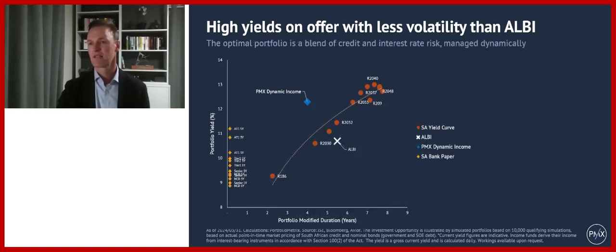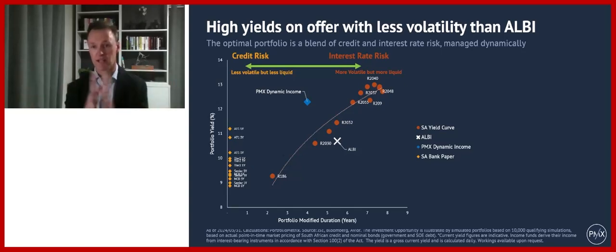And really the thing to understand here, and this is the paradox of the South African market, is that your most liquid, best quality assets in the country are the government bonds. There's enormous liquidity compared to anything you would see in the equity market. It's a bit like our Forex market, incredibly liquid. Importantly, they are more volatile because they're fixed rate bonds. If you want to reduce your volatility and you go into the credit rate bonds, you lose liquidity, and you take on more credit risk. So ironically, the least volatile assets in the country actually carry the highest credit risk, as we've seen in the market over the last couple of months as well.